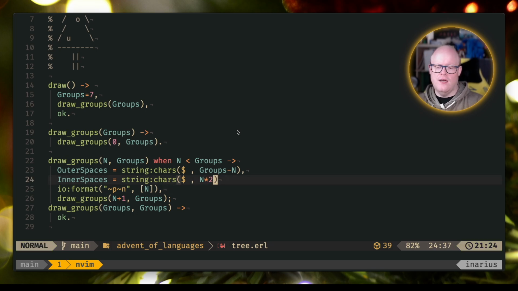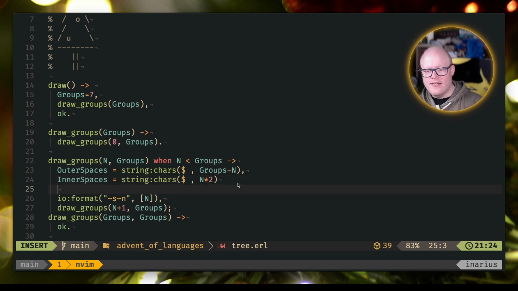So no, yeah, n times 2. We want n times 2 inner spaces. So that is not something that we have. And now we could actually print that. So we could do something like print a string this. However, we of course need to put all of that together, and that's actually quite easy because, as I've said,